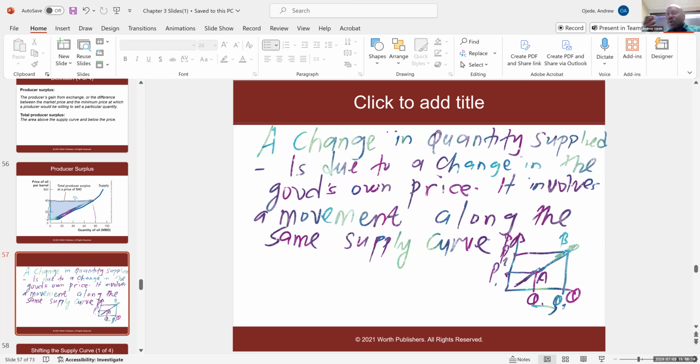We invoke the word quantity. What if the price had decreased from P2 to P1? Then you would be moving downwards along the supply curve. That would lead to a decrease in quantity supplied. Meanwhile, on the other hand,